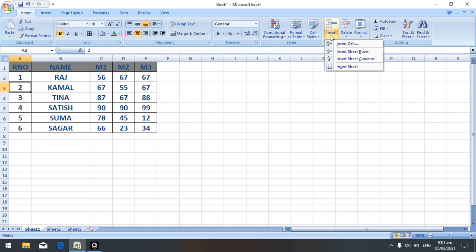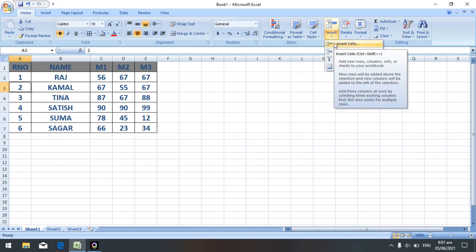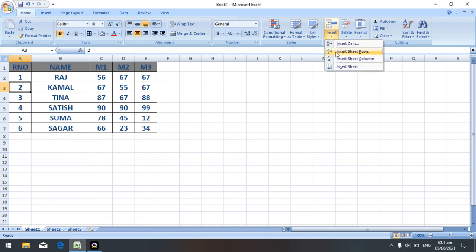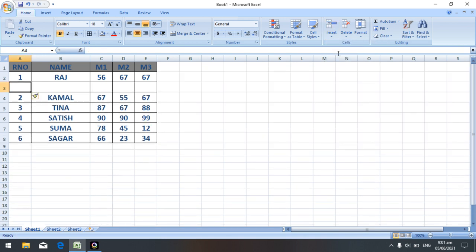Here 4 options are available: insert cells, insert sheet rows, insert sheet columns and insert sheet. So directly you can apply insert sheet rows. Automatically a new row comes above the selected row. Always the row comes on the top side.